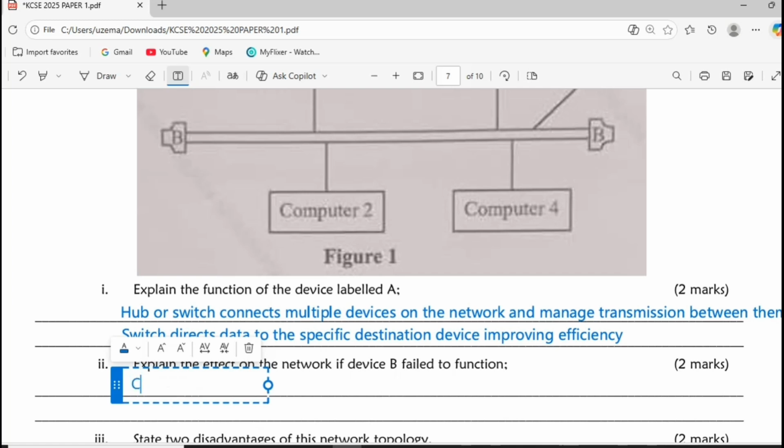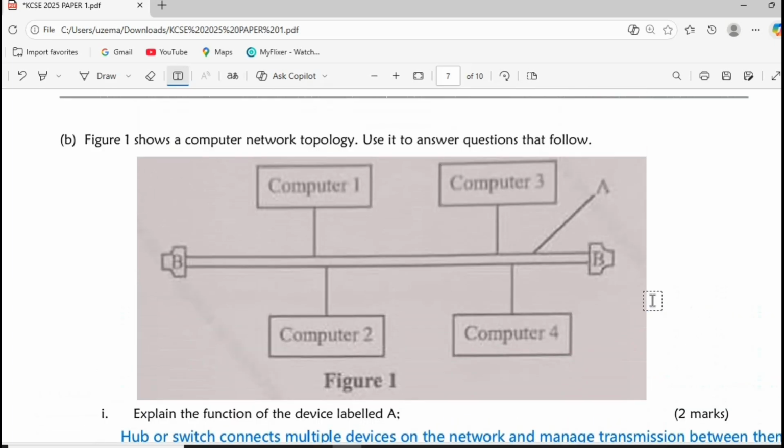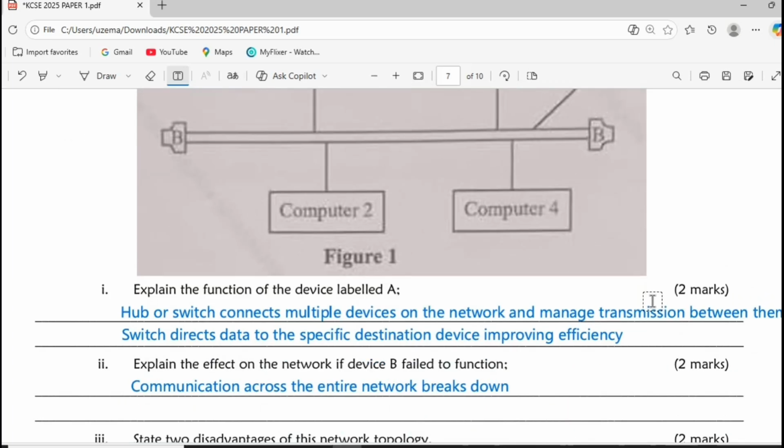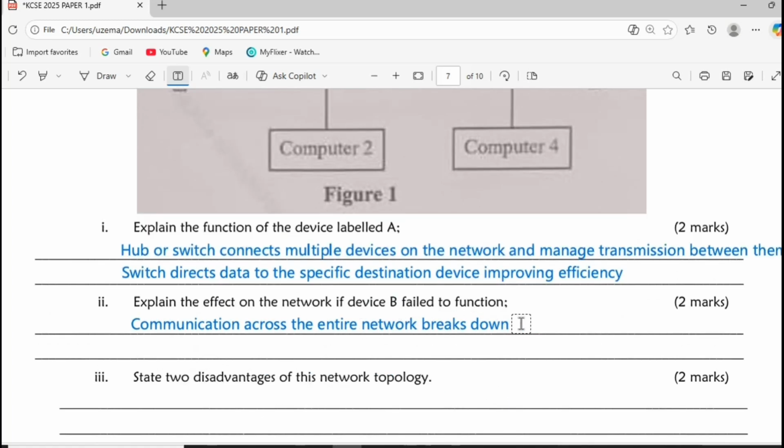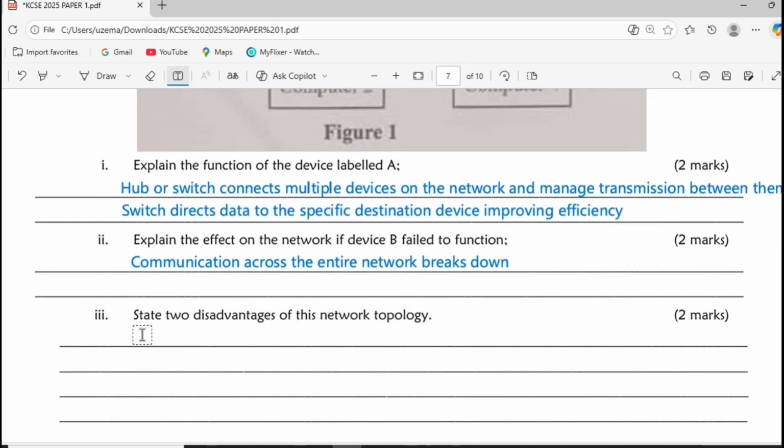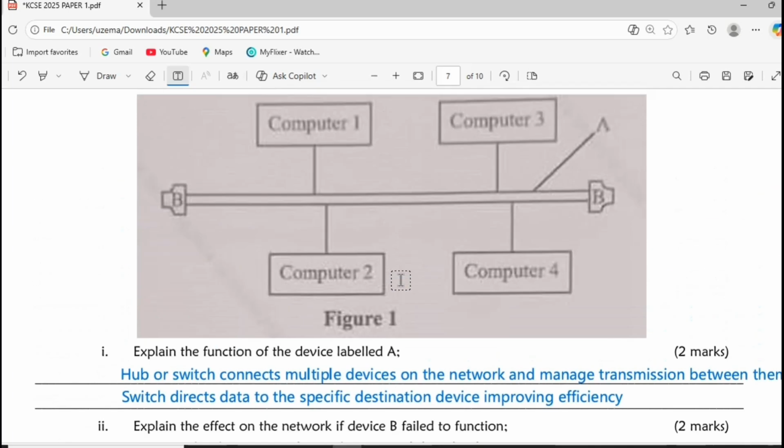As we have said, that device B is what we call the terminator, and you will realize that the function of the terminator in this case is to avoid the signals from bouncing back and forth. Suppose we have the nodes labeled, that is computer 1, 2, 3 and 4. They are all communicating. Once communication happens from a particular device, the signals move in one direction and they are